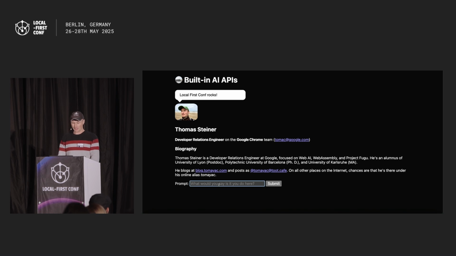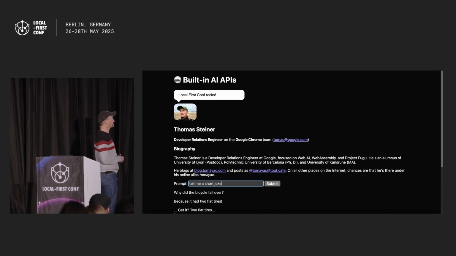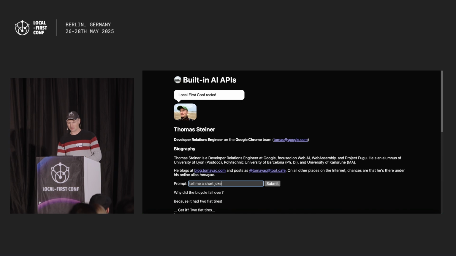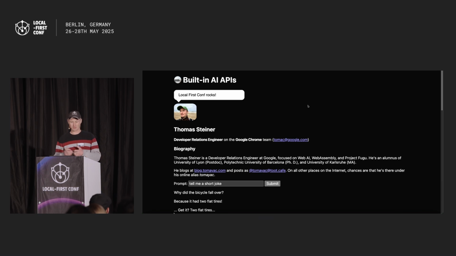I can now type anything here. So I can say, tell me a short joke. And then you can see, well, it has this LLM kind of humor, right? That the bicycle fell over because it had two flat tires. Ha, ha, ha. So that's cool. So the prompt API is an API where you can just write anything, which is useful, but maybe not what